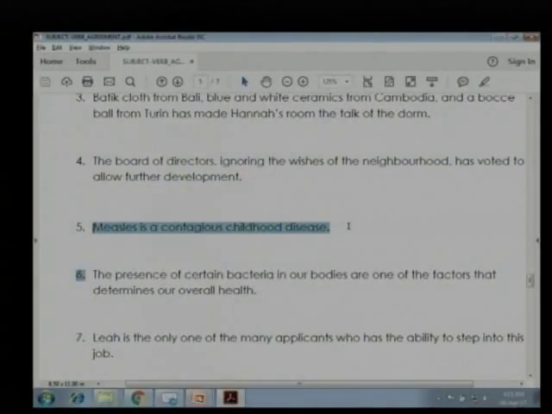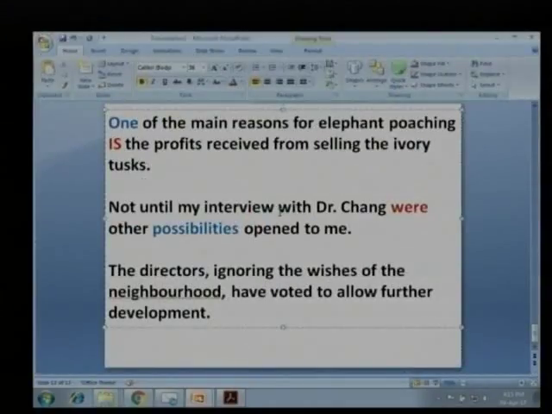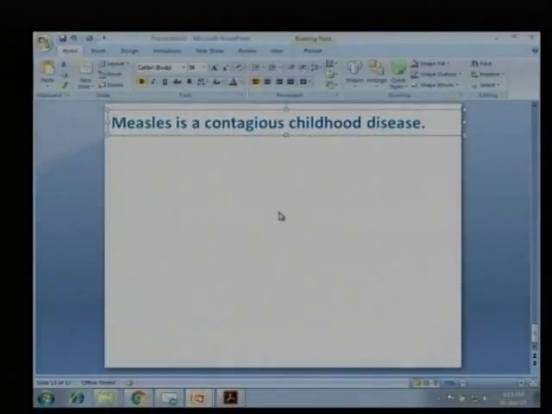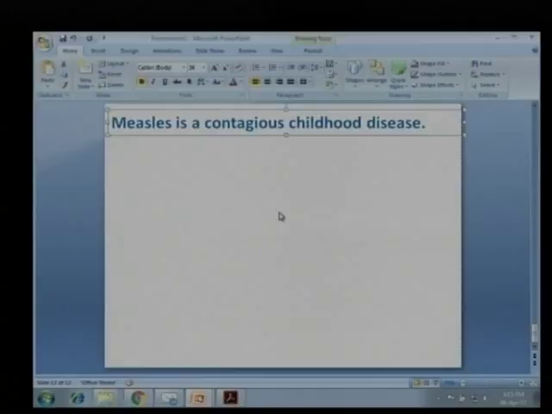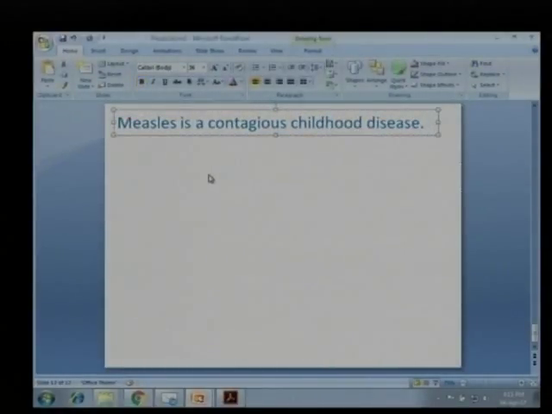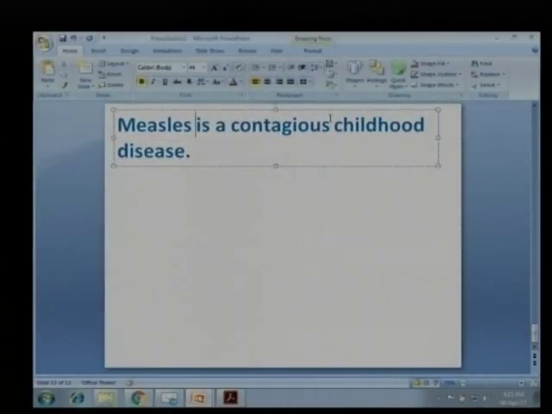Next. Now this is an interesting one. Measles is a contagious disease. Do we need to make any correction? Now measles, just because there is S, don't get confused that it is a plural form. This is a right form. Okay. So this is absolutely perfect. For example, if you have words like